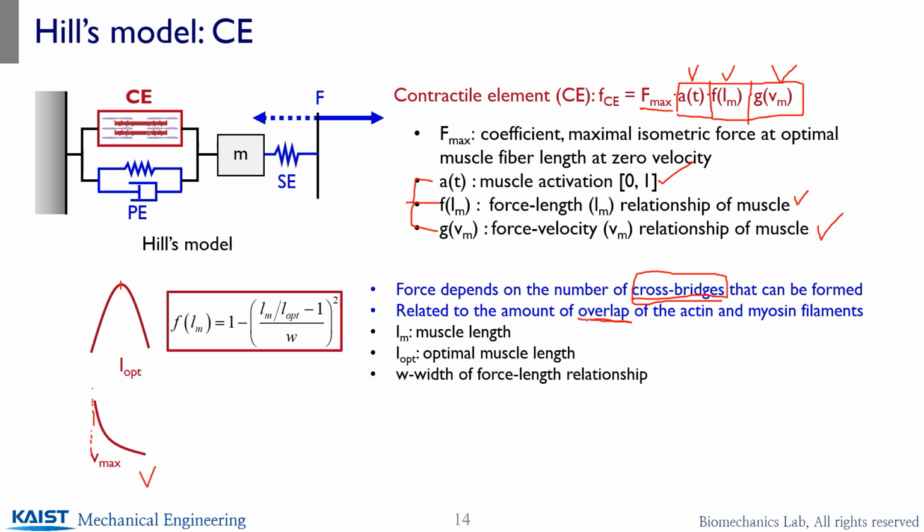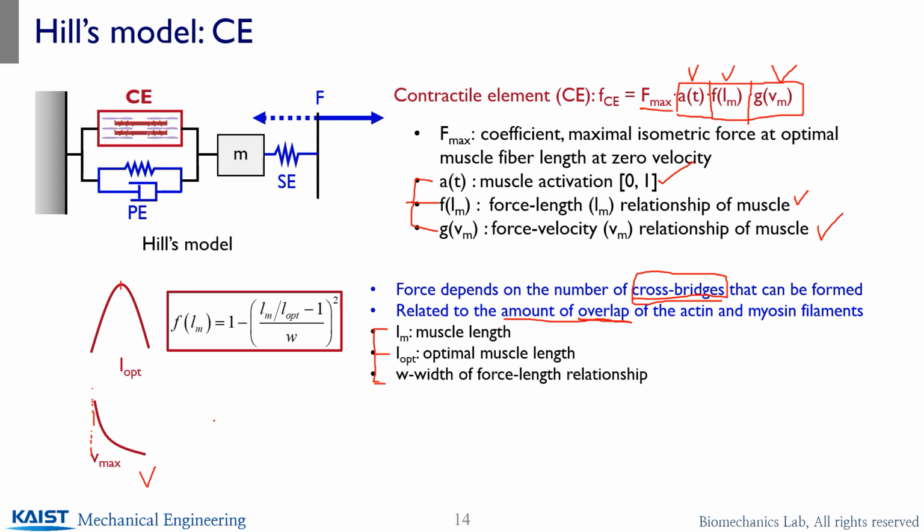So the actual amount of overlapped actin and myosin filament contributes to the total force generation, right? So that actually contributes to the parabolic force profile of the muscle length curve, and the other parameters are just